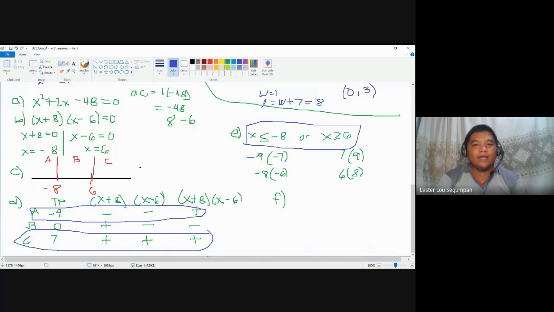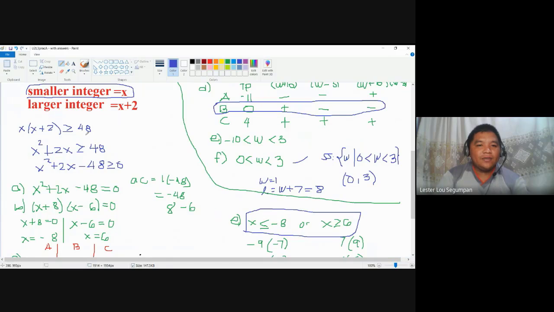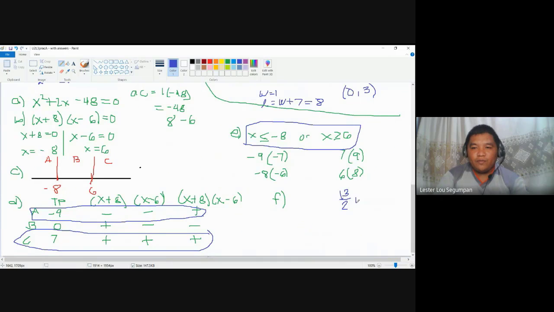Yes, it includes -9. Yes, it includes -10. Here, it includes 7, 8, 9, 11, 12, but it also includes the fraction values. So the fraction values still satisfy the given equation. Let's use a value greater than 6. Let's say 6 and 1 half, which is 13 halves. If it's the smaller value, the larger value is plus 2. Plus 2 is plus 4, so that's 17 halves. All right, let's try to do it this way.